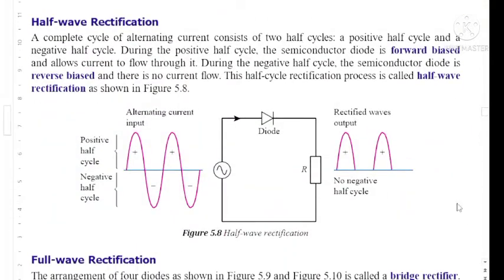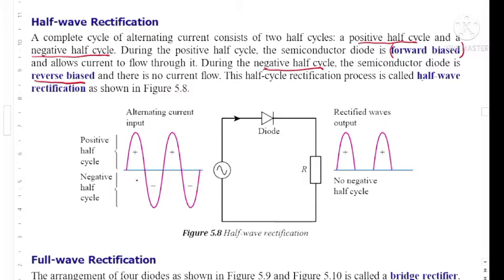Okay, let's discuss more by using a circuit. For half-wave rectification, a complete cycle of AC current consists of two half cycles, positive half cycle and negative half cycle. During the positive half cycle, diode is forward bias, thus allow current to flow through it. During the negative half cycle, semiconductor diode is reverse bias. The half cycle rectification process is called half-wave rectification. If you look at from the circuit,